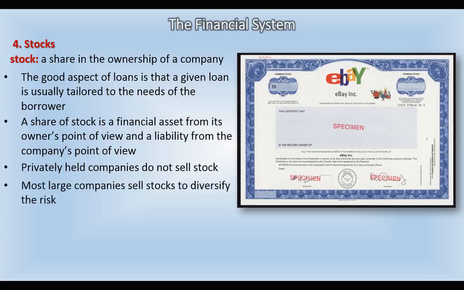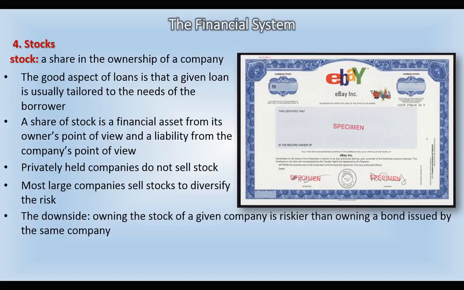So a company like eBay is obviously one of these public companies. Most large companies sell stocks to diversify their risk. The downside of owning stocks of a given company is that it's riskier than owning a bond issued by the same company. So a bond will generally be paid back, but a stock can be shaky because a stock is a claim on profits, and if there's no profits, then there's nothing there. And so